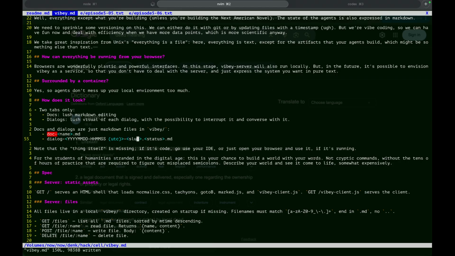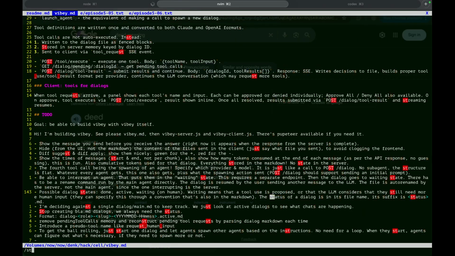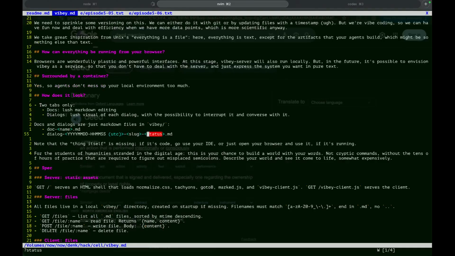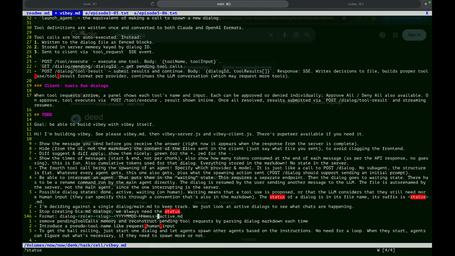Slug. Can just do a status. So around here.